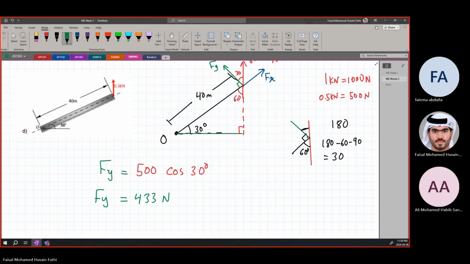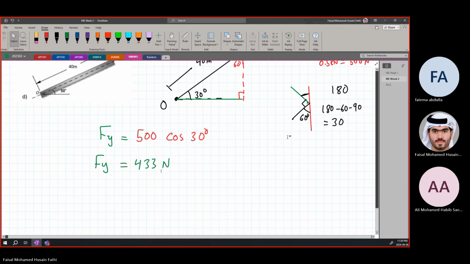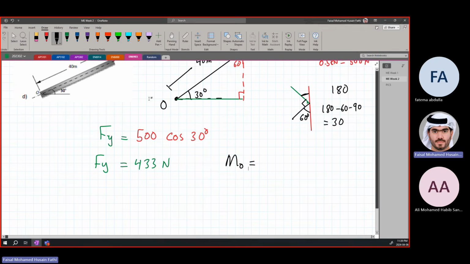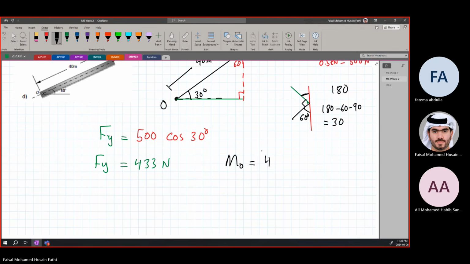All right, that's how you'll find it. And now you can just find the moment about O. So the moment at O is equal to, the perpendicular distance is what? 40 meters. Let's do it force first. The force is Fy times the perpendicular distance, which is 40 meters. So it's equal to 433 times 40 meters, which is equal to